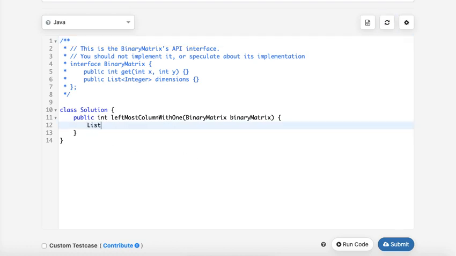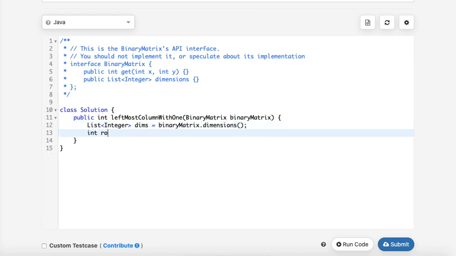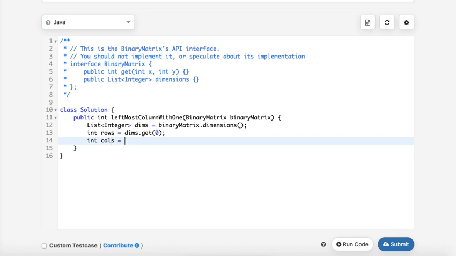First we need to get the list of integers, which are the dimensions, rows and columns. Now I have these rows and columns.